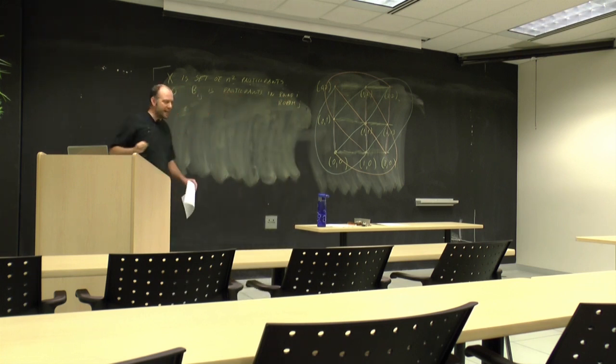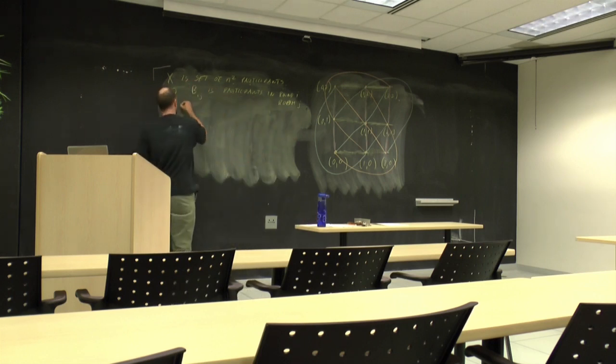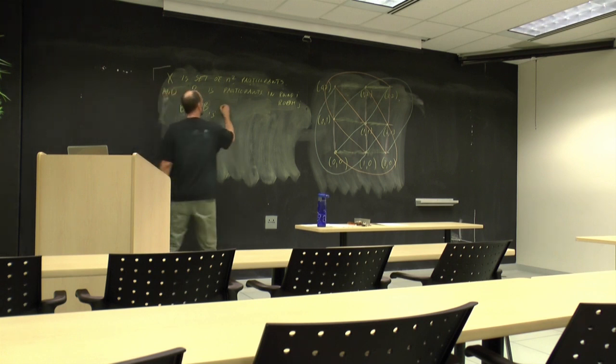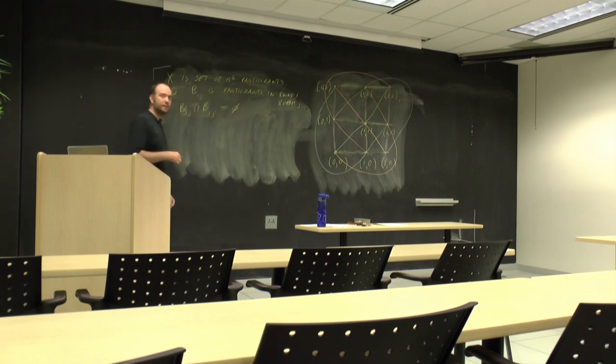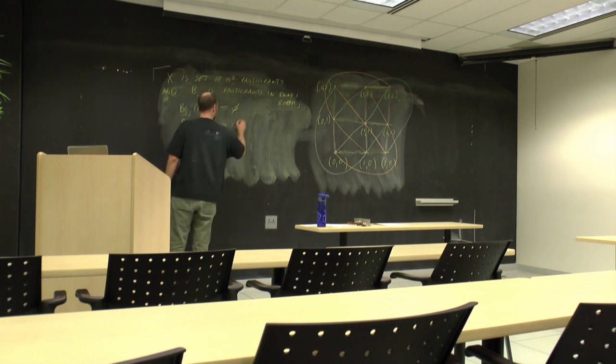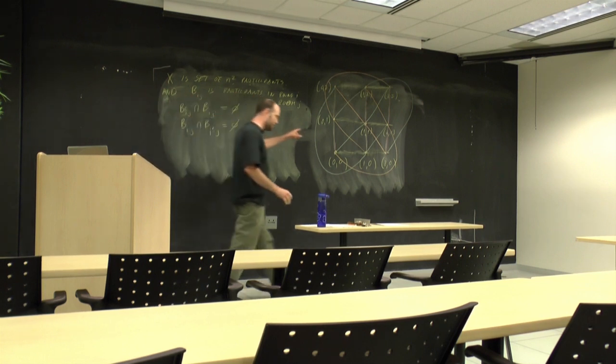So note that when I say that I'm going to be strictly enforcing my requirements, I need that Bij and Bij prime, so same round, different rooms, has to be disjoint. And the same thing, same room, different rounds, has to be disjoint. So I'm requiring that. Now, if we go back to our picture,